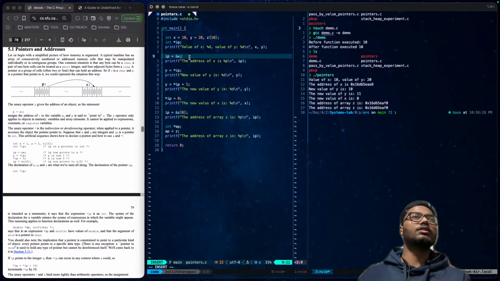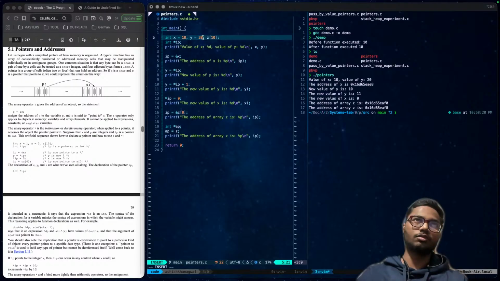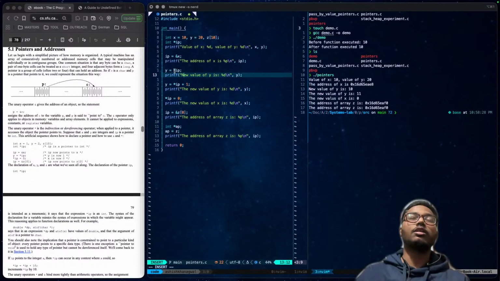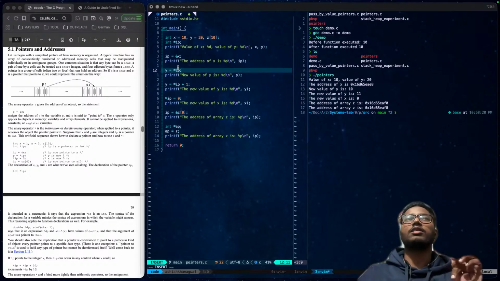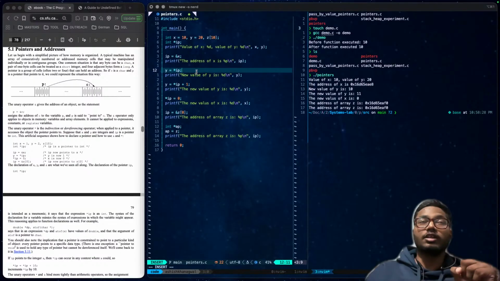And we can see this is actually the address of the variable x, and if we assign y, which was 20 initially, using our pointer ip, now this can be confusing, like what is this ip and what is this *ip. Here this star is the dereferencing operator.